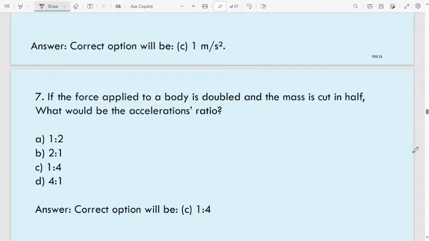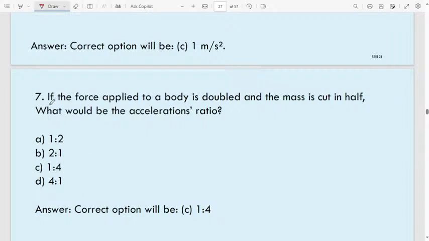Let us move to the seventh question. This is the last question because the class will be lengthy, more than 40 minutes. One more class I will discuss with the same topic, motion. Part 2 we will discuss later. This is the last question. Then later I will stop the class.